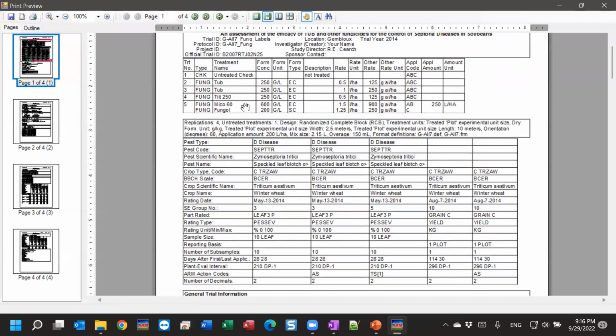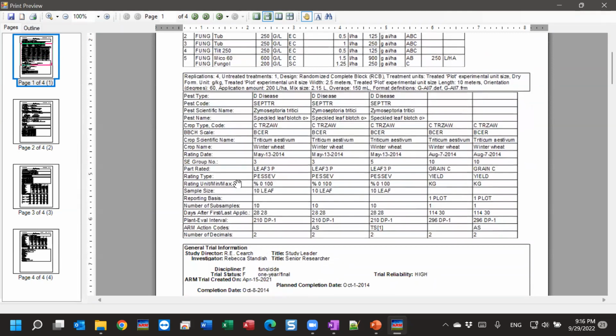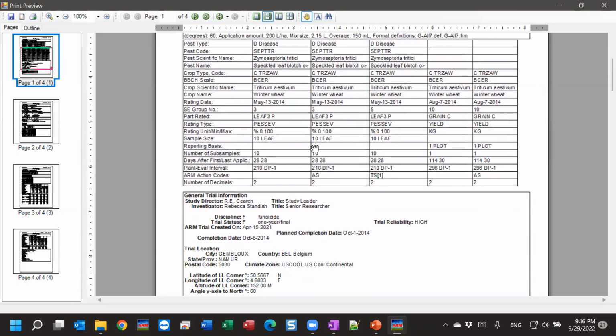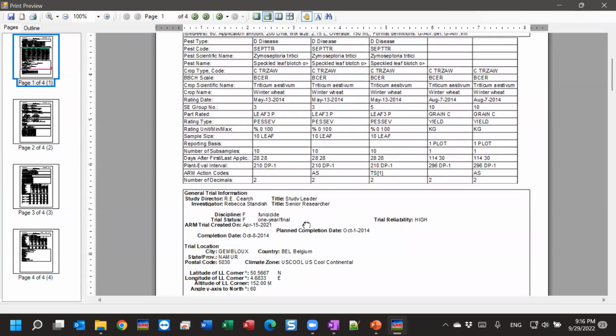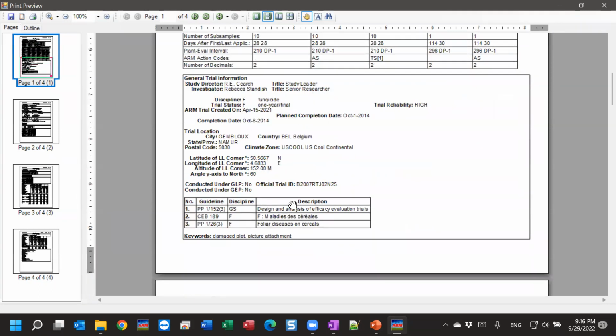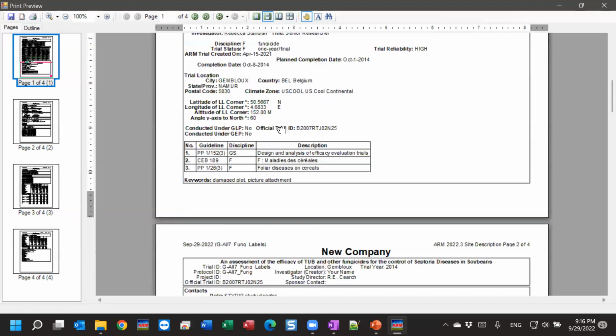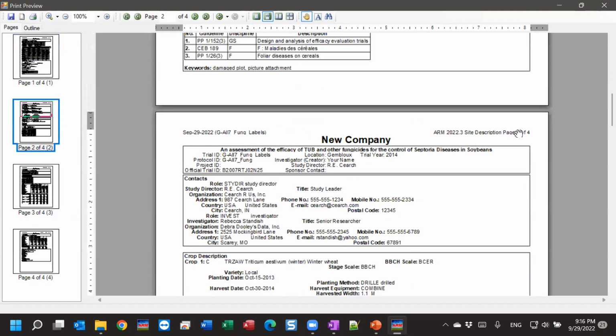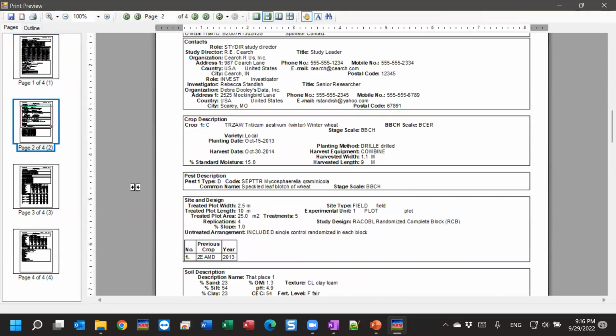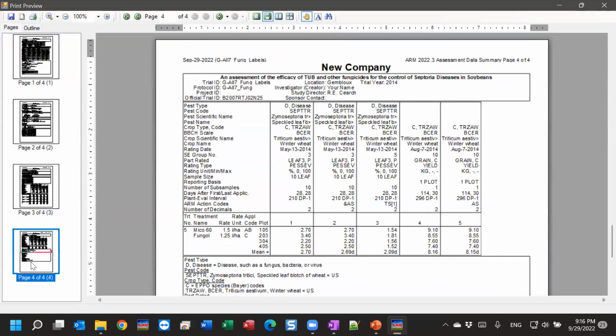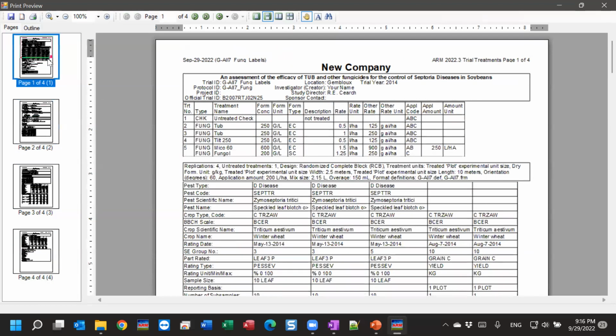Now, as soon as that treatment report is finished, we start with that next status report page. So that just immediately started on that same page. And in fact, we were able to squeeze in a section of our site description. So now page 2 here, we're already on our site description report. And now we only have 4 pages instead of 6. So that can be a nice option to condense things down,